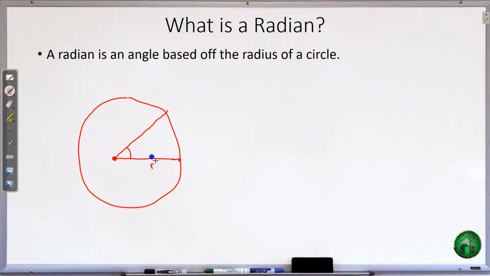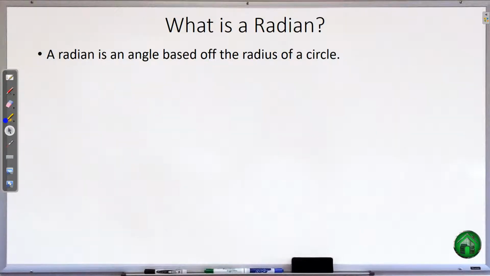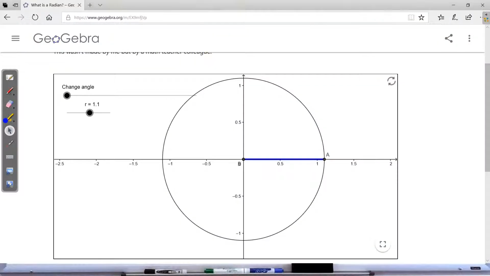So I'm going to build an angle inside of a circle, and we're going to use the radius to measure how big the angle is. So let me get a demonstration of this because my handwriting is not good enough. So here is a much better circle. We have a radius, and as we want to measure the angle, we are going to use the radius to measure the angle. And to do that, we wrap that radius around the circle till we get to there. And this angle right here